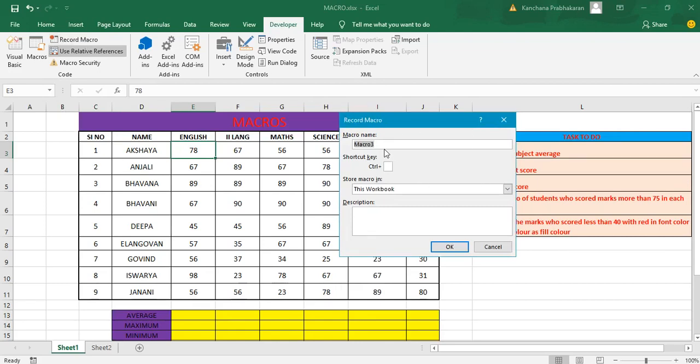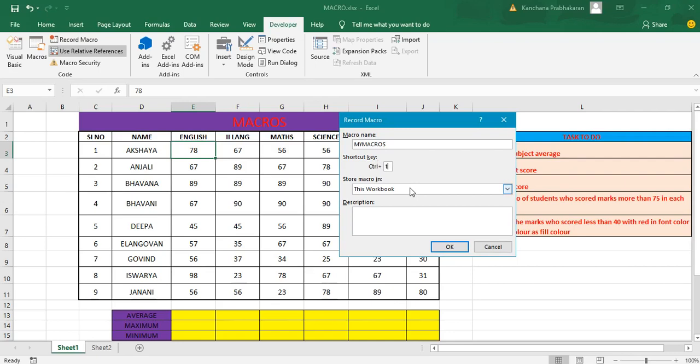You can give your macro name here. Then you can give the shortcut key. You can also define your own shortcut key for the macro.